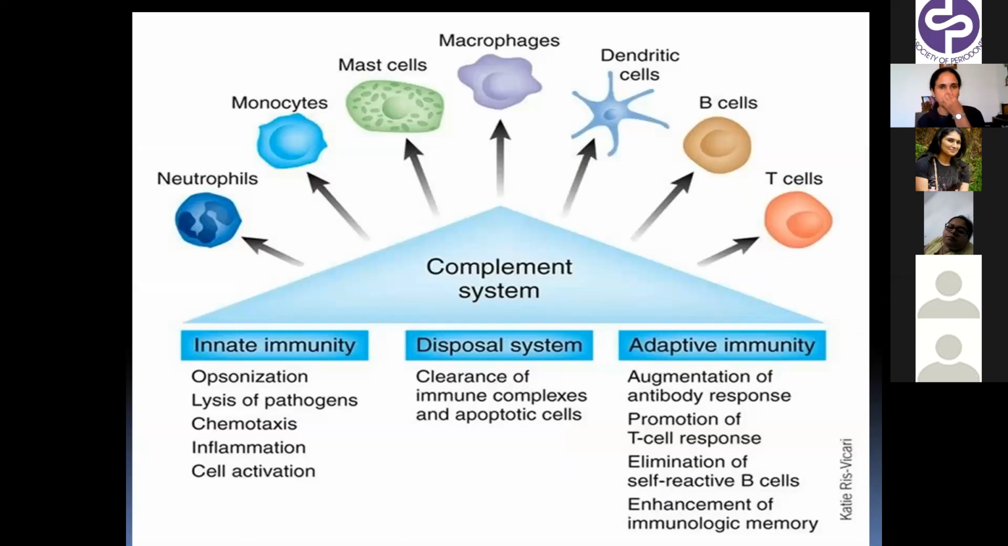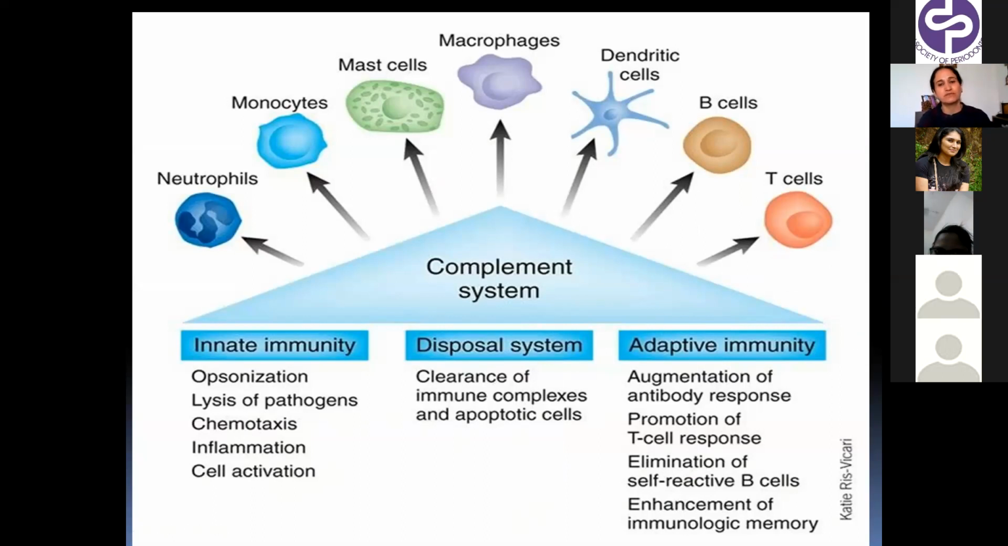So what is the complement system? It's a system of almost 25 proteins which affect almost all the immune cells of the body. There are different components, C1 to C9, and they are involved in opsonization, lysis of pathogens, chemotaxis, inflammation, cell activation, and clearance of immune complexes, because they bind to different types of antibodies,